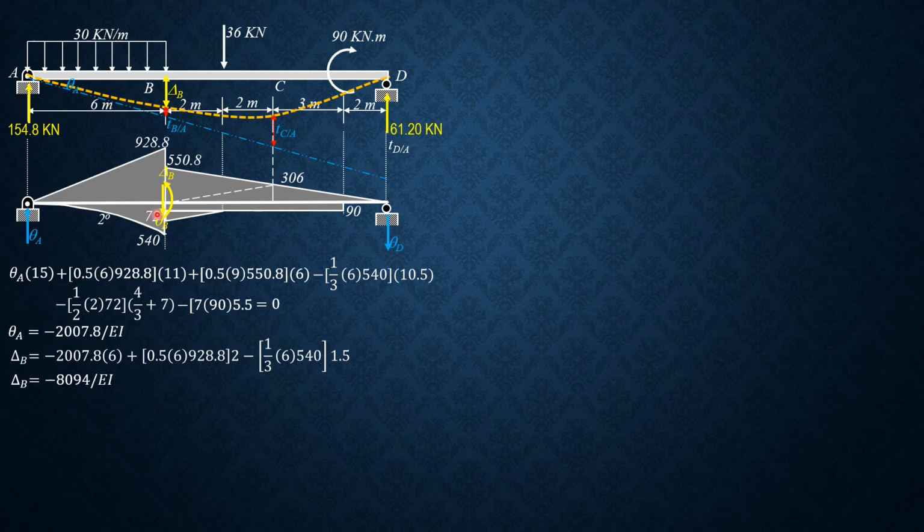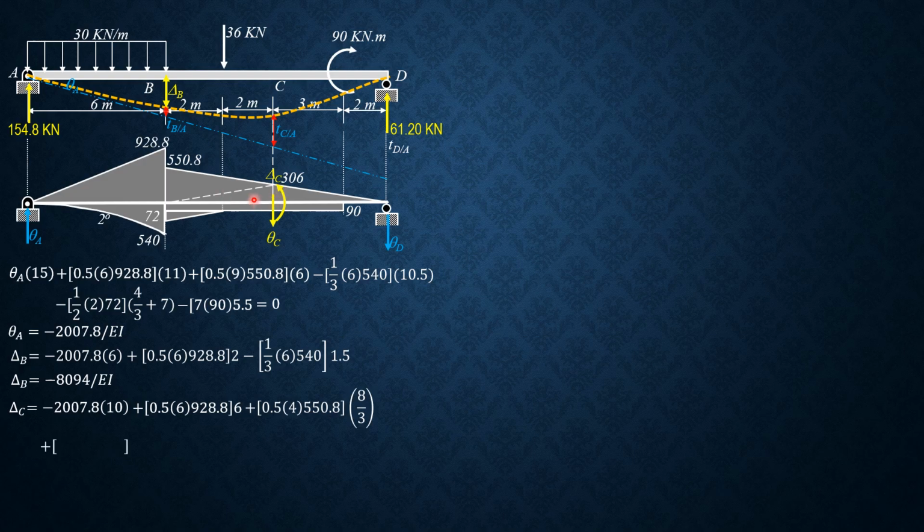Then considering A to C, so we have theta C positive and delta C counterclockwise positive as our assumption. So summation moment about this point equals 0. So delta C equals theta A, negative 2007.8 times 10, plus the moment of this area, 0.5 of 6 times 928.8, 2 plus 4 is 6, plus moment of this area, 0.5 of 4 times 550.8 times 2/3 of 4, 8/3,